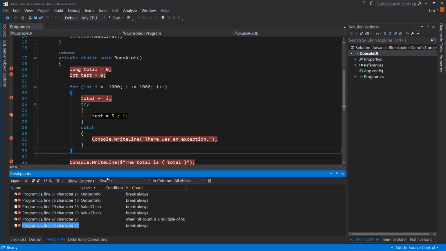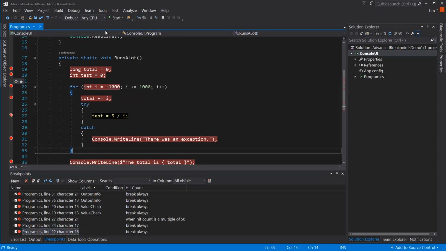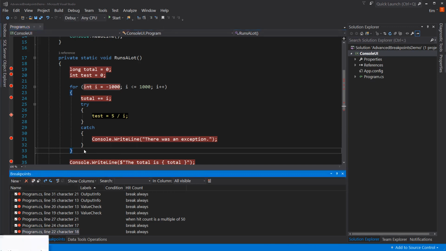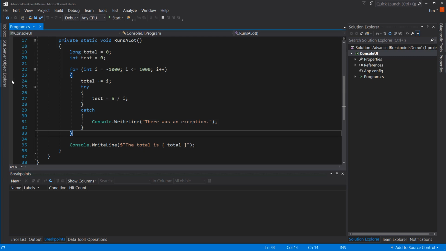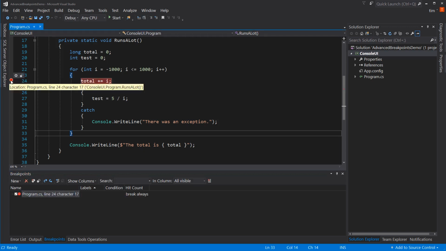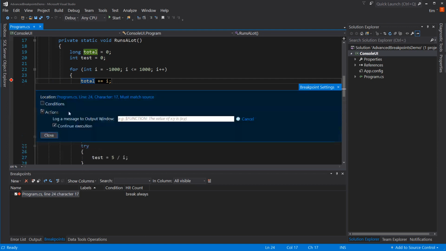At the end of the day, your most common breakpoint is the simple breakpoint. Just click it, pause your code at that spot when you're running, and step through the code. But these advanced breakpoints can really be helpful in tracking what's going on with your application. It may be, let's delete them all, that you just create the monitoring style breakpoint where you say, you know what, I just want an action that logs a message